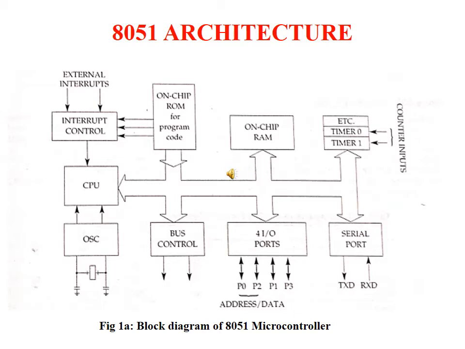Next is the ROM unit. ROM stands for read-only memory. The 8051 microcontroller has 4 kilobytes of ROM, in which you are going to store the code of the program, which cannot be altered. The permanent memory is what you are going to call ROM memory. The 8051 microcontroller has 4 kilobytes of ROM, which is used for storing the program code.